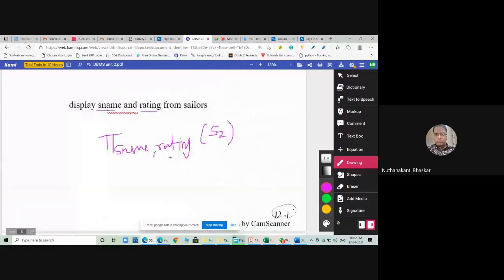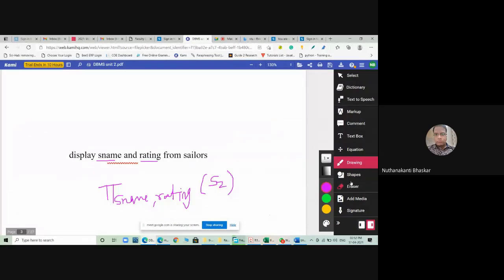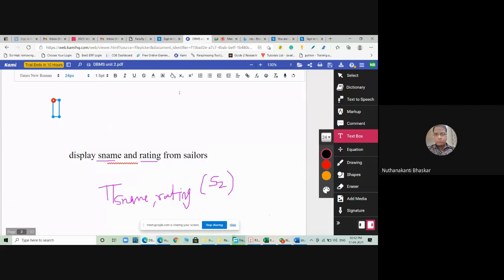Now, one more question. Please note it down, otherwise you cannot understand the questions. Like this, they will ask questions in your placements and external examination also, very important. They will give the table name and ask, write a relational algebra query for this. Like that they will ask. So that's what I am giving as a task to you.